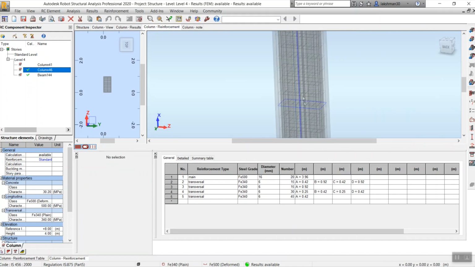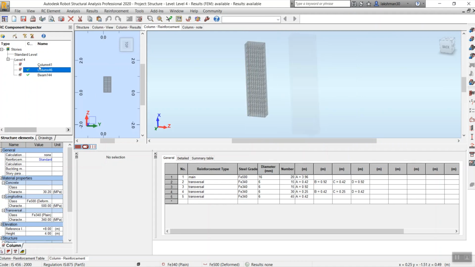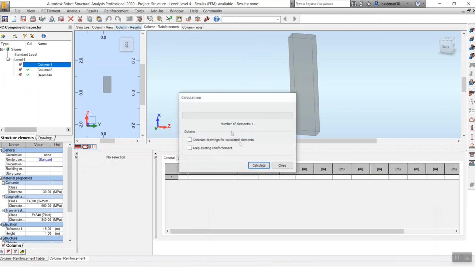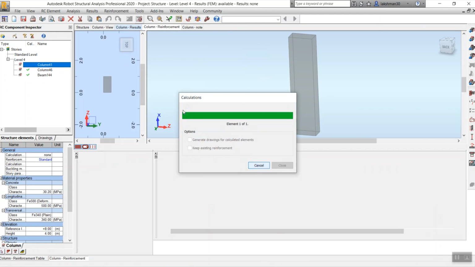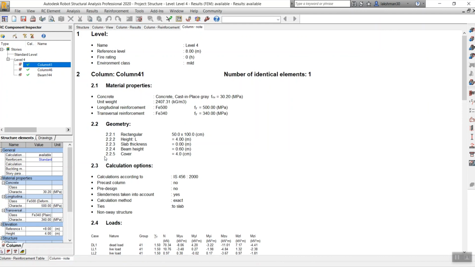I didn't set my parameters so the stirrups are like this. This is not our native Indian design. We won't have stirrups like this for a normal residential building. We will just have box shaped stirrups. This is just for an example. So we have done the column part. Now I will run for this column also. We have got the column results. In the note you can take the results and print them for your information.